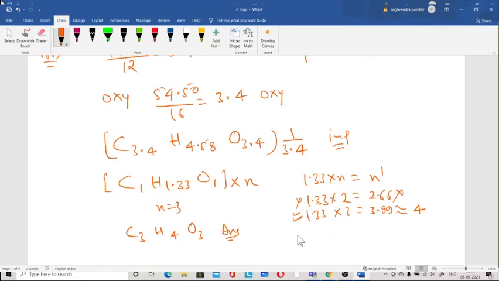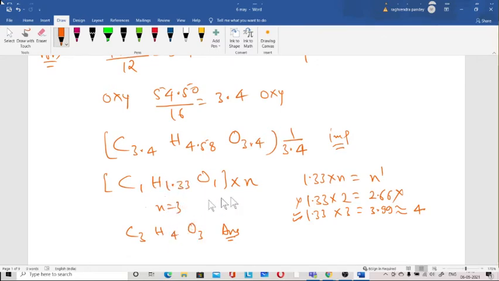No, that is another case, this case is different. But sir, while multiplying we can take approximate, so why can't we take it at the time of calculating? Sir? No, 1.33 in the case of atoms you can't take, because hydrogen is an atom. It can be 1, 2, 3, 4, so we have to multiply it by some number so that it becomes a whole number, fraction is not there.